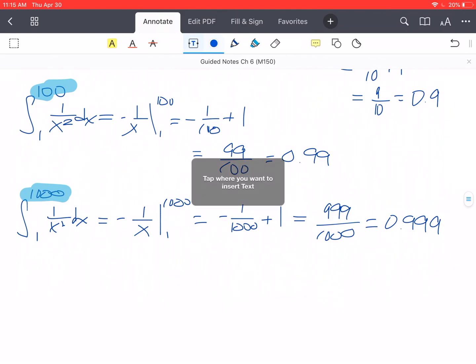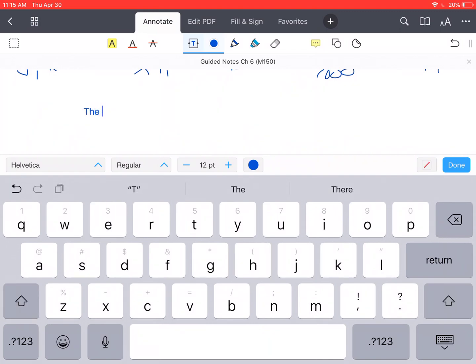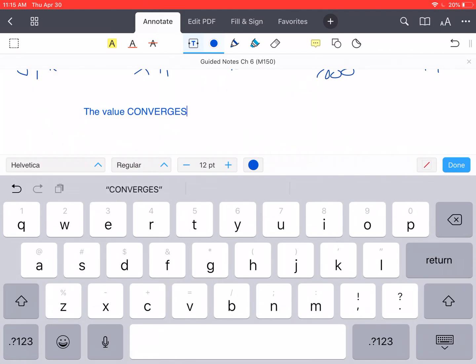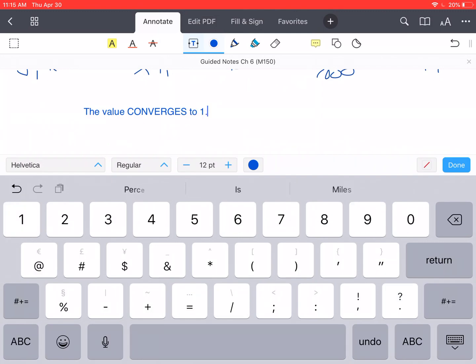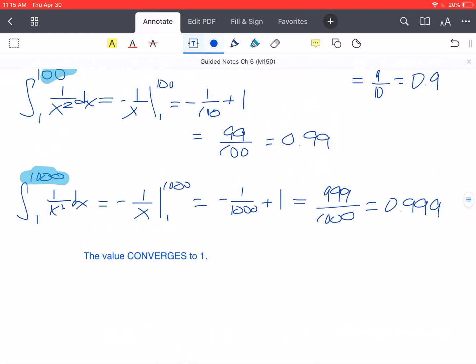We have a special term for this. When the area approaches a specific value and doesn't get infinitely large, we say the value converges to 1. That means that as we go towards infinity, the area is just approaching 1. It's not growing infinitely large. So in conclusion, we can say the integral from 1 to infinity of 1 over x squared dx